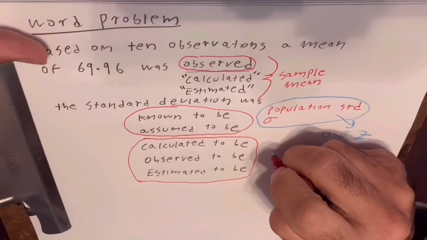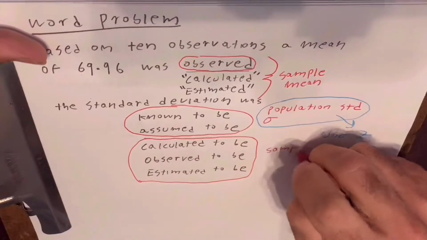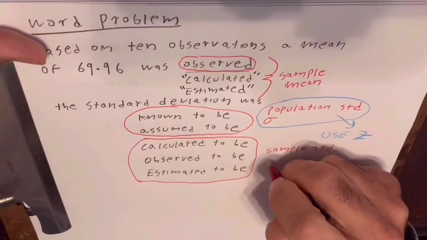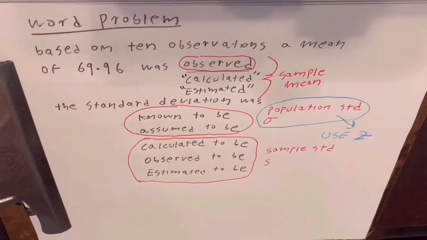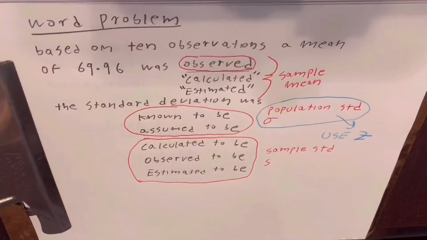then you're going to be using what's called the sample standard deviation. And the symbol for that is a little s. Not a big S, but a little s. And it won't matter if your professor is not formally trained in statistics. It doesn't matter whether you use a lowercase or an uppercase s. But if your professor is formally trained in statistics, make your s a little bit on the small side